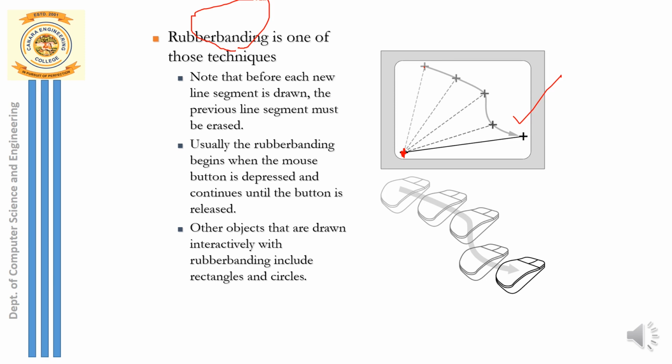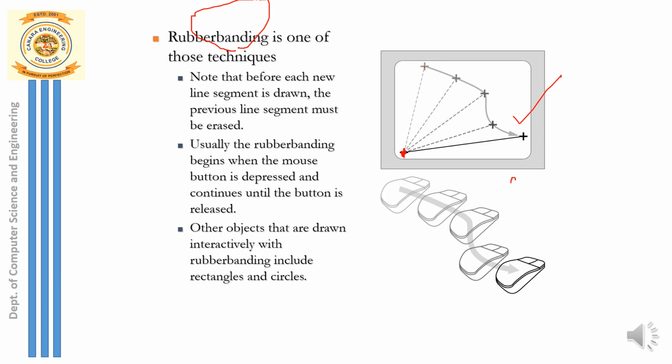The same feature, the same type of graphics, you can display even using OpenGL functions. You can just see here a mouse is moved to different positions, but in all these positions the line is not drawn. It is simply shown as a dashed line. Why? Because the mouse button is not released. Finally the line is drawn the moment you release the button. So this operation I can perform. You can call this a rubber banding technique.